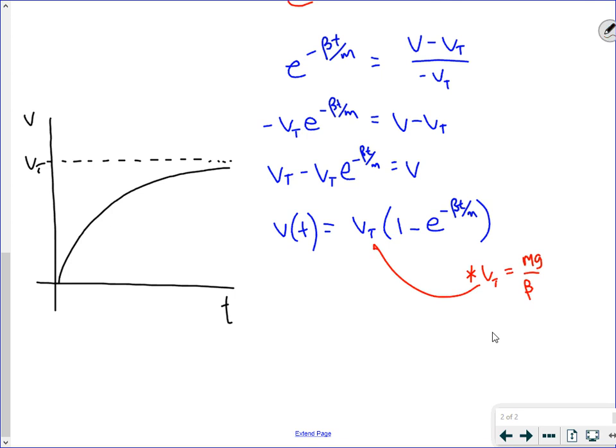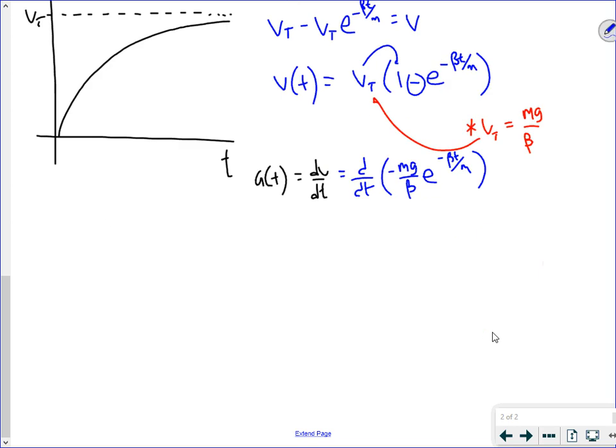And then the other thing that you can do here is look at, well, what's a as a function of time? All right, well, a as a function of time is dv dt. So when we differentiate this above function, we are really just differentiating this. Let's see, because this stuff drops out. There's no t's in there. So we're differentiating vt, which is mg over beta, really negative that e to the negative bt over m. Well, that